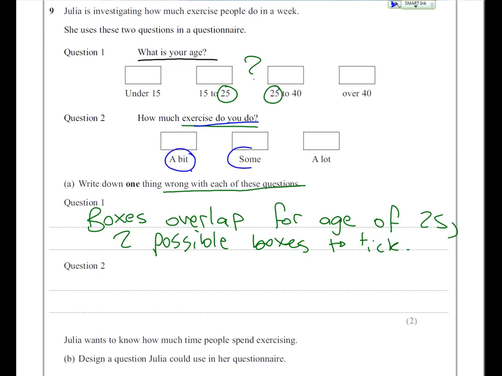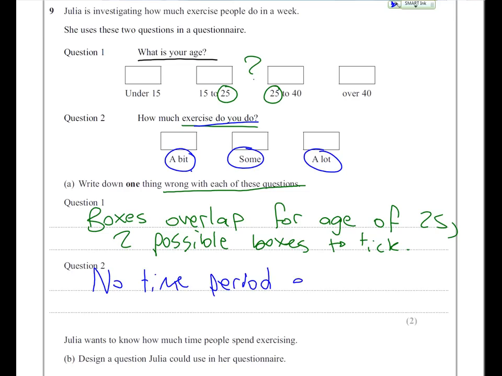And a bit, some, a lot isn't very exact. So you could mention that. The other thing that you could mention is there's no time period. So it's not how much exercise do you do a week or a month, etc. So I would go for no time period,